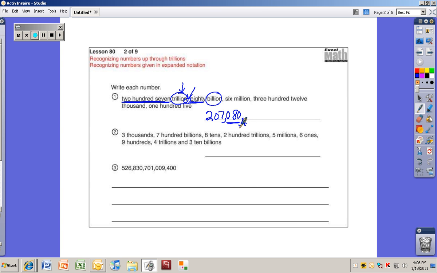Then we put a comma, and the next one I see is 6 with the name of that period. And so I write the number 6, and again, I have to have 3 digits, so I'm going to put 2 zeros right here. Without those 2 zeros there, it's a big mess, or if I put them after the 6, then it becomes 600. Okay, and then the next part says 312. The name of the period is 1000, so I'm going to put the number 312 right here. And then lastly it says 105. So you need a comma,